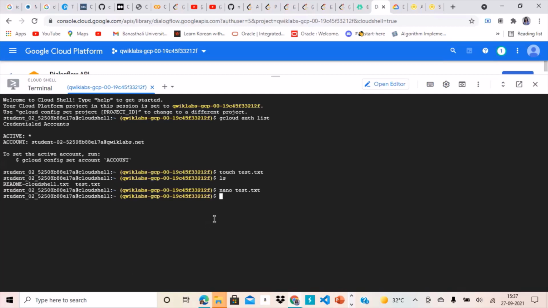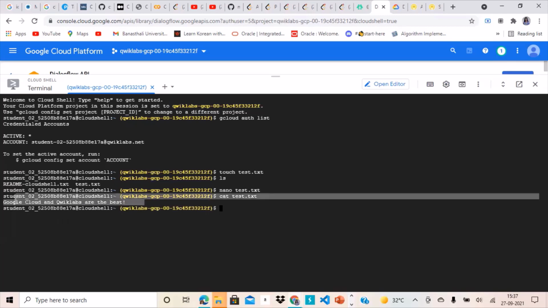Another example that we can perform here is the cat operation. We need to confirm that our file has been updated securely and completely. So we type cat test.txt and click Enter. You can see that the statement we wrote in test.txt has been shown.